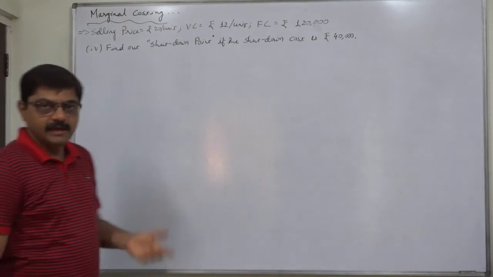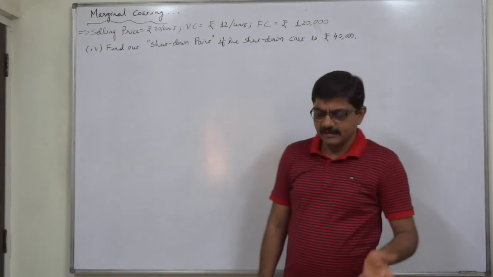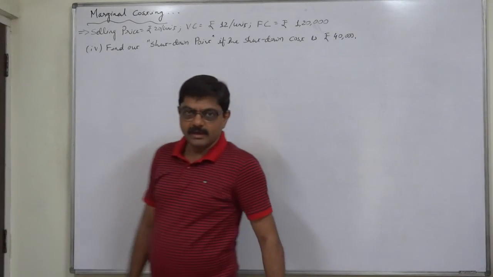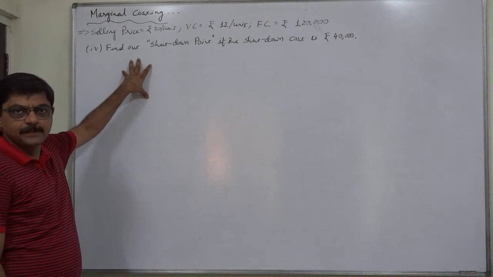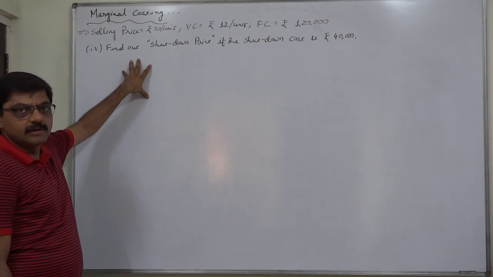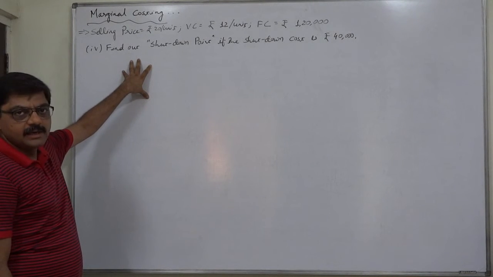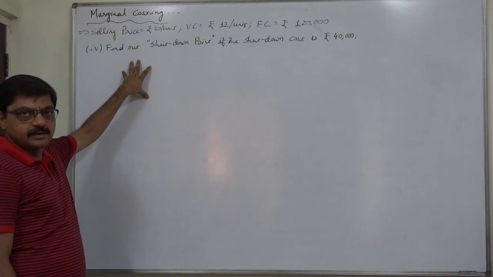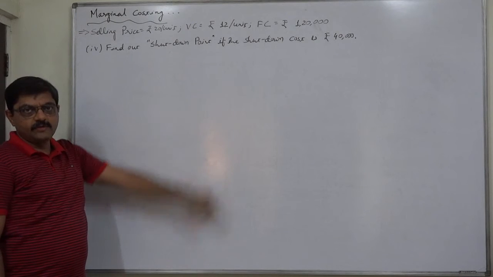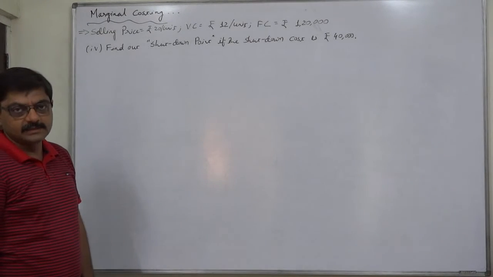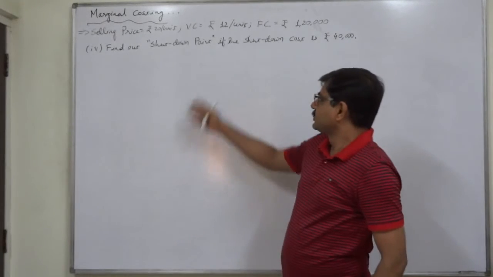choices or variable cost analysis for short term, etc., etc. Various titles are there for the same chapter. But I personally believe that since this point is more or less equivalent to the break-even point, this should be at least once considered or taught or studied whenever we study the chapter of marginal costing or break-even analysis. Now, first of all, what do we mean by the shutdown point?